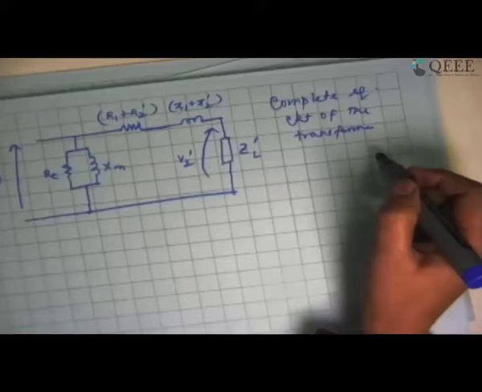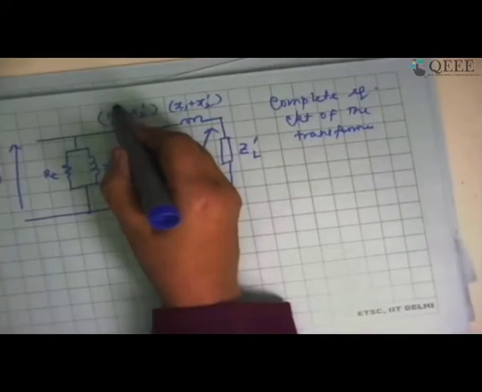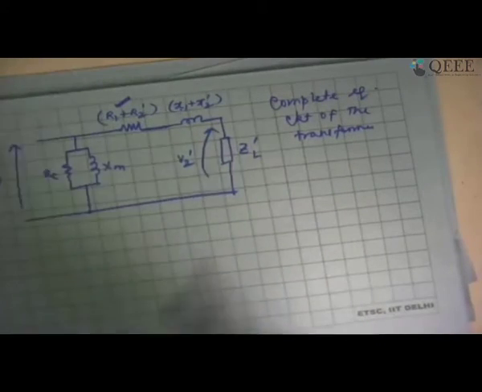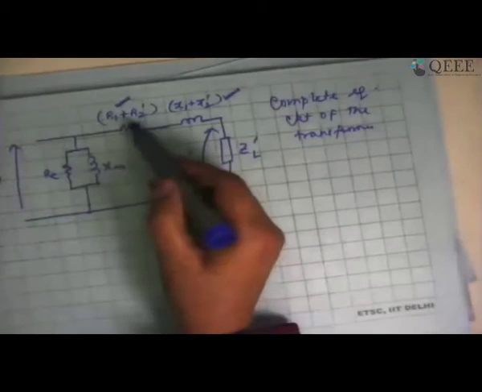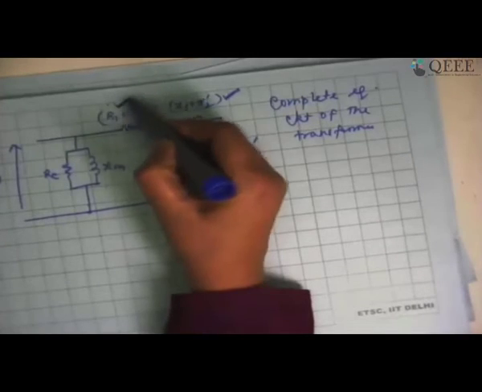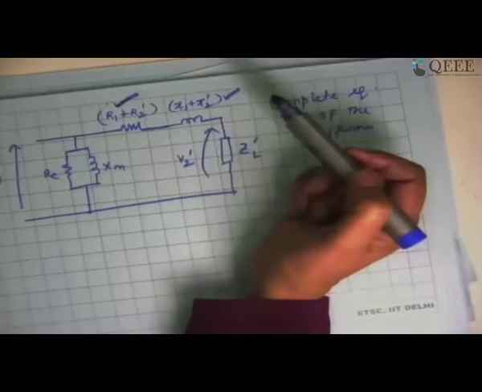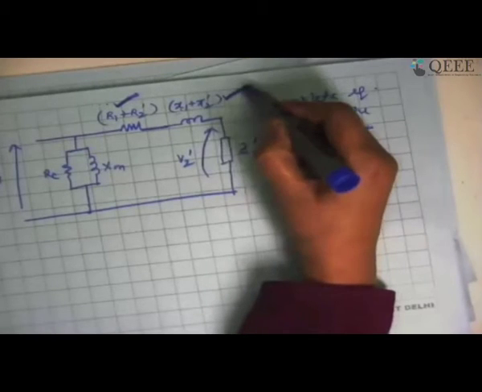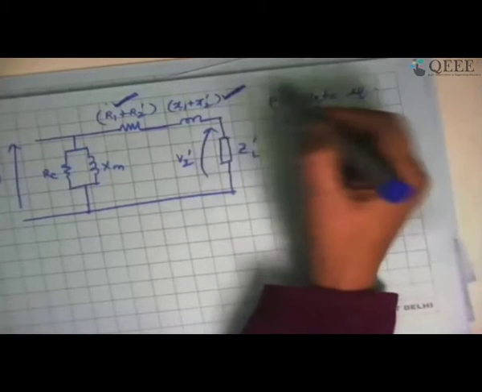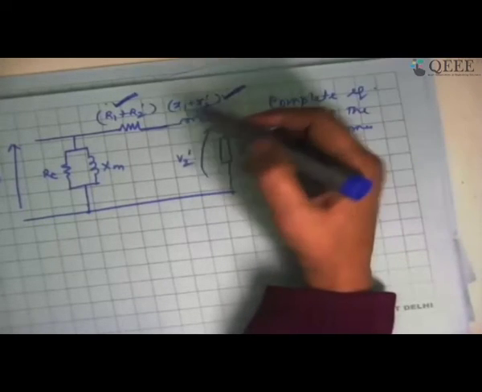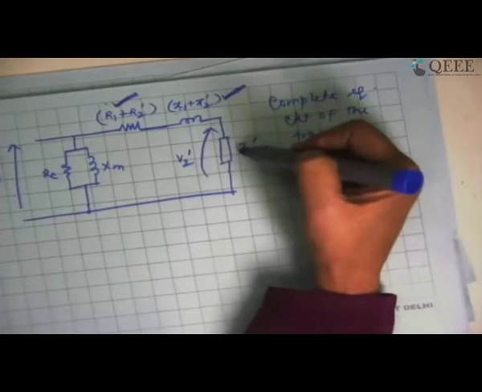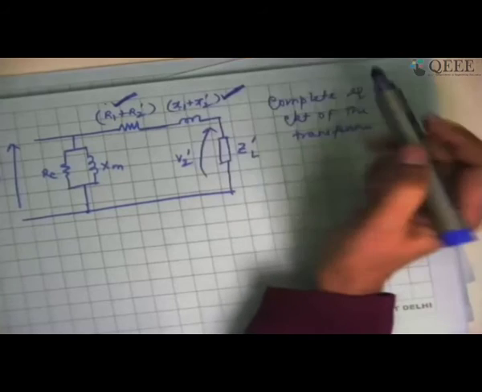So let's say this is the complete equivalent circuit of the transformer. Very clearly, R1 plus R2 dash will contribute to losses. X1 plus X2 dash will contribute to power factor deterioration as well as voltage drop. So if we can minimize R1 plus R2 dash, that will definitely improve the efficiency. If I can minimize X1 plus X2 dash, that will definitely contribute towards less voltage drop. So our goal in a transformer, if I want to improve the efficiency and the voltage output, is to minimize these two.